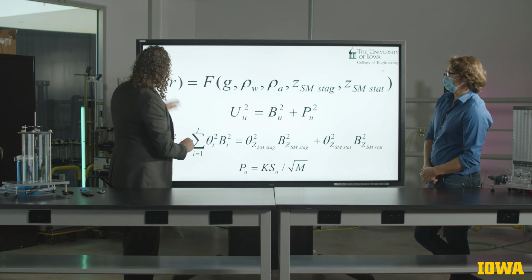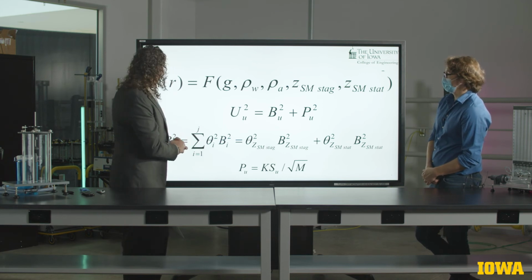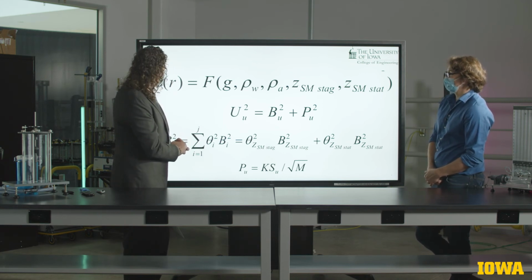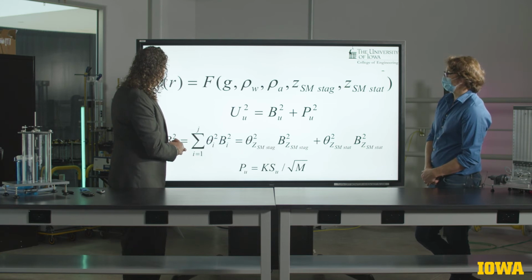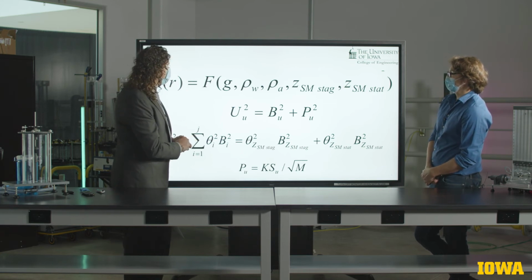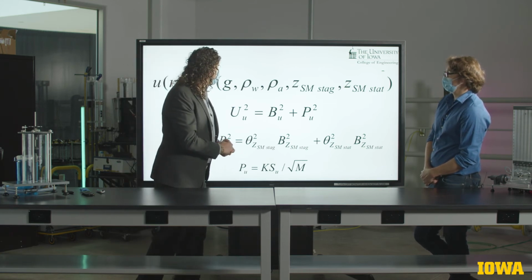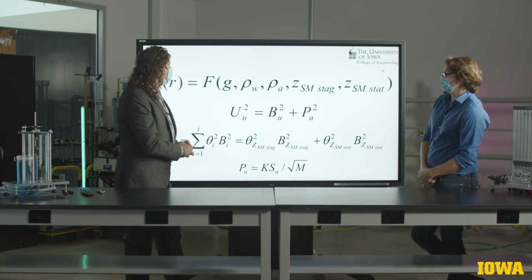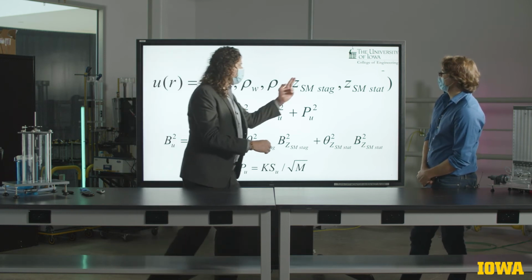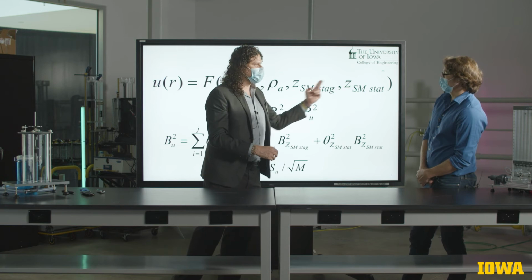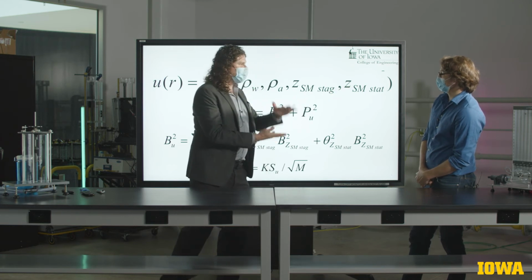So in the case of the velocity inside the pipe at any location, we have a function that is going to depend on gravity, the density of the fluid, and this difference in pressures. Here they are expressed as elevation or